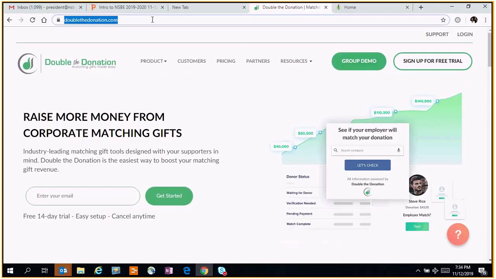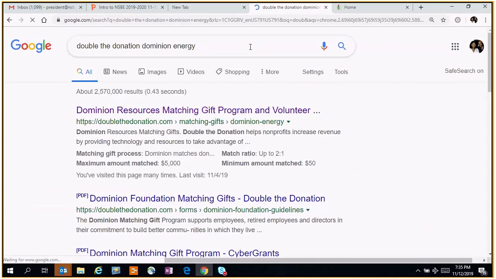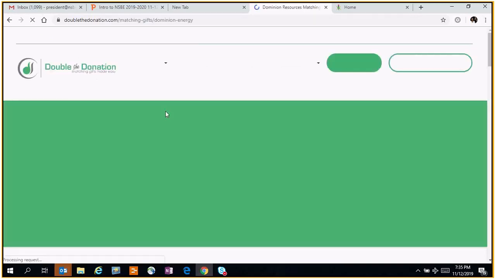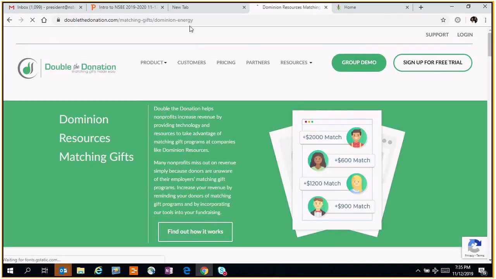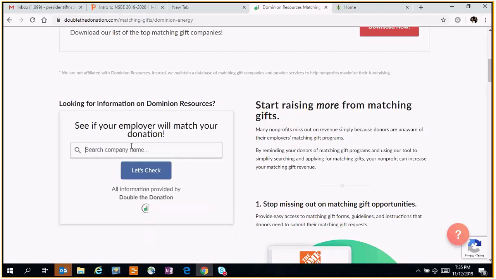The workaround is to put a company behind that. I've searched Dominion Energy because a relative works there. With a company name in the path, matching-gifts/Dominion/Energy, it will bypass the start-a-trial page, and you can search your company.